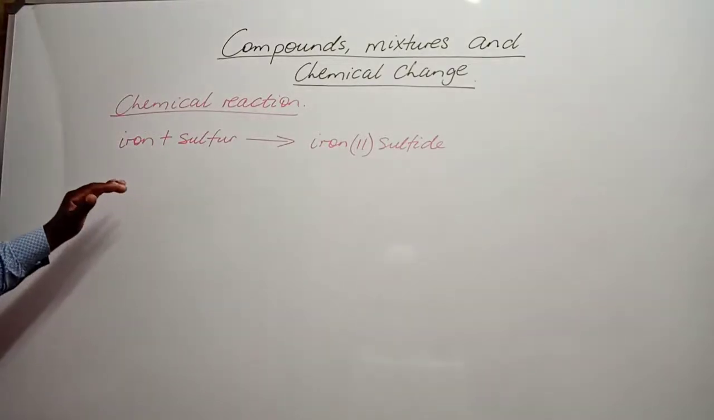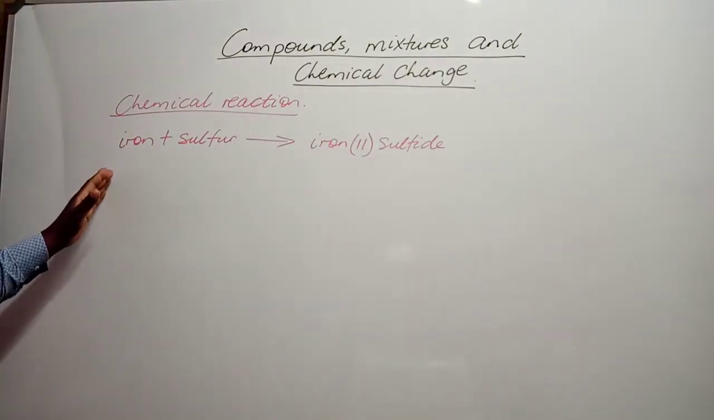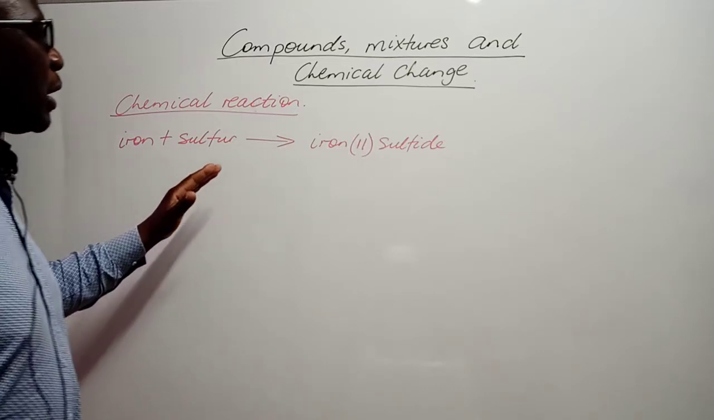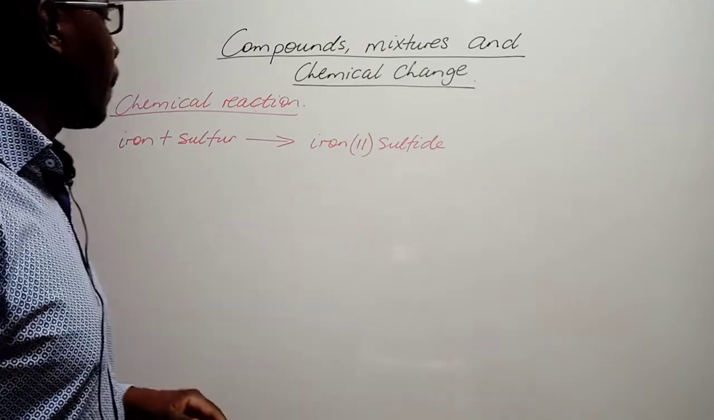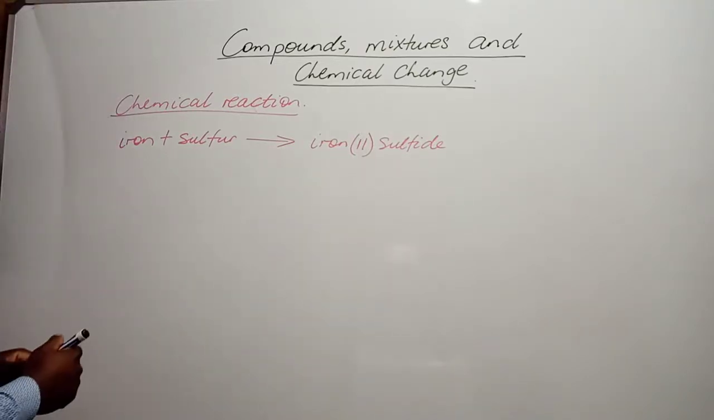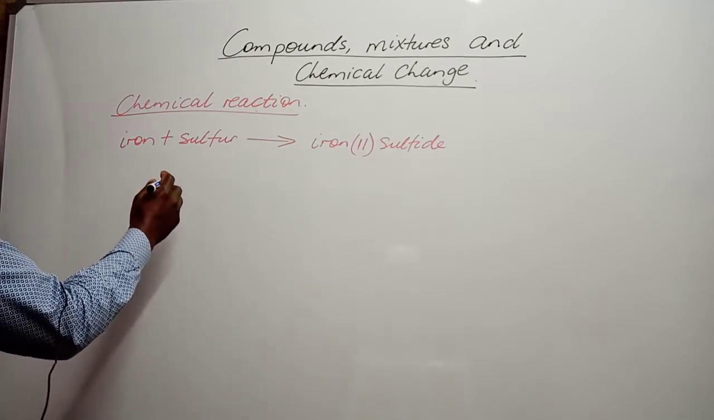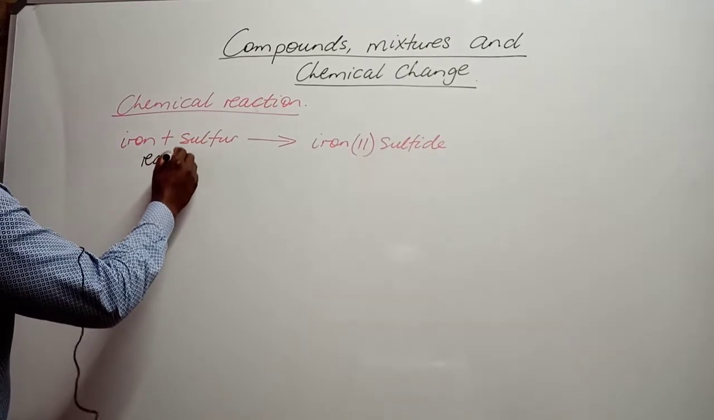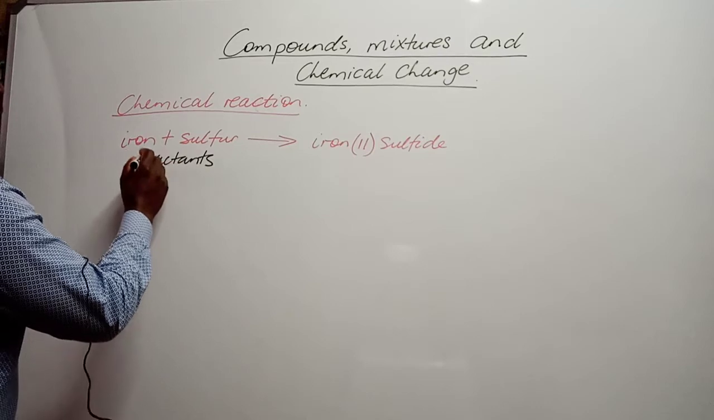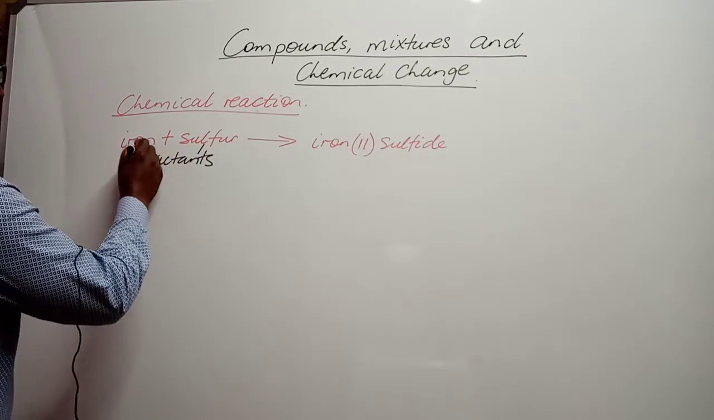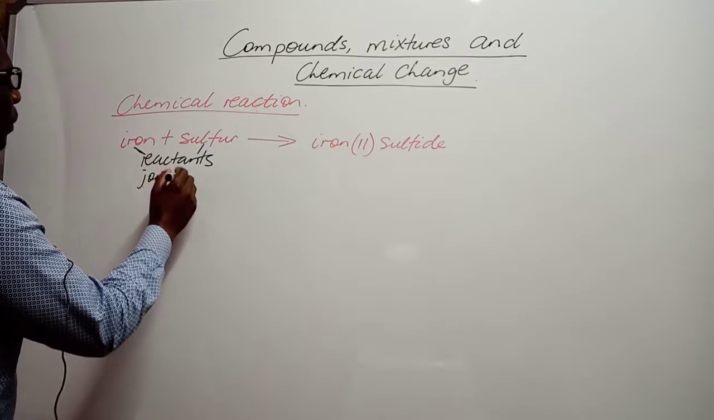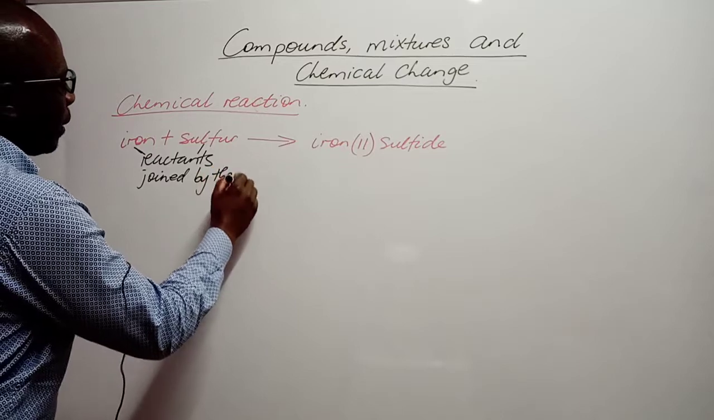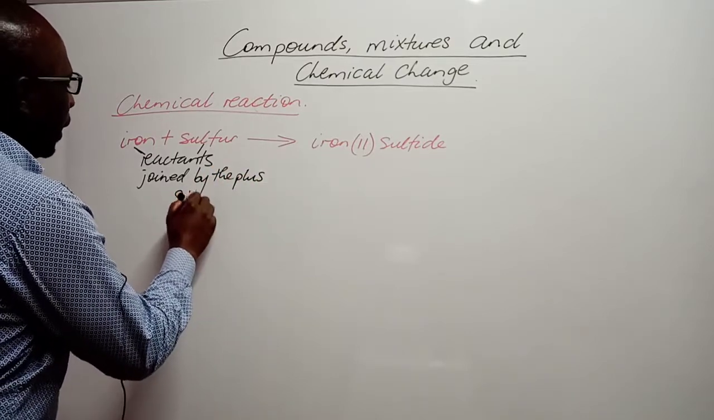So here I have an example of a chemical reaction where iron and sulfur react chemically to form iron 2 sulfide. So, in a chemical reaction, what is joined by the plus sign, we call them the reactants. So, these two are joined by the plus sign and we call them the reactants. Joined by the plus sign. Okay, and then